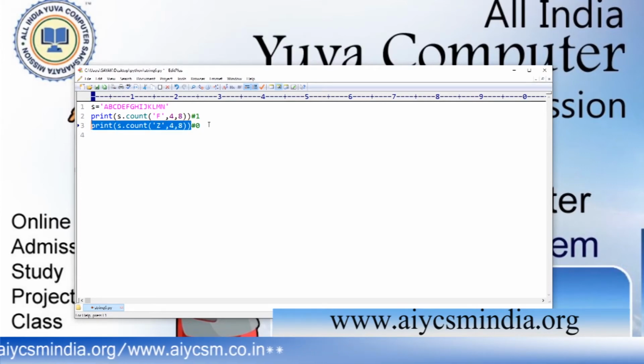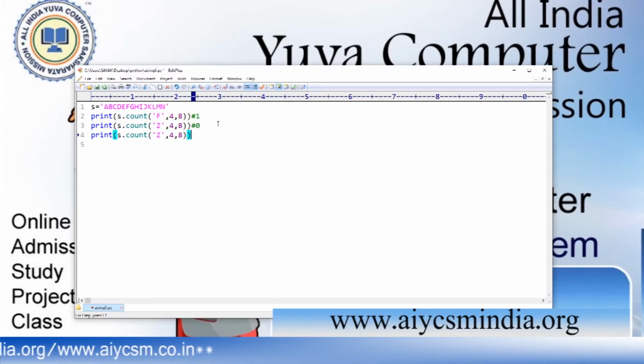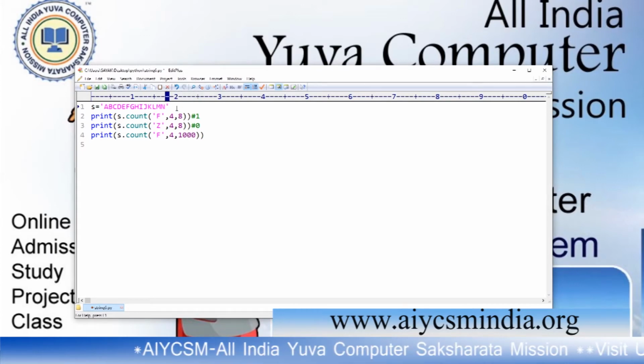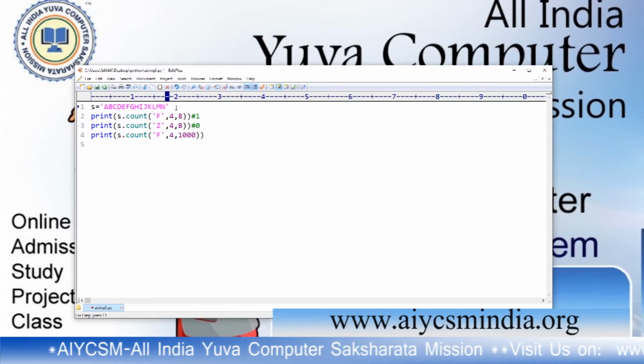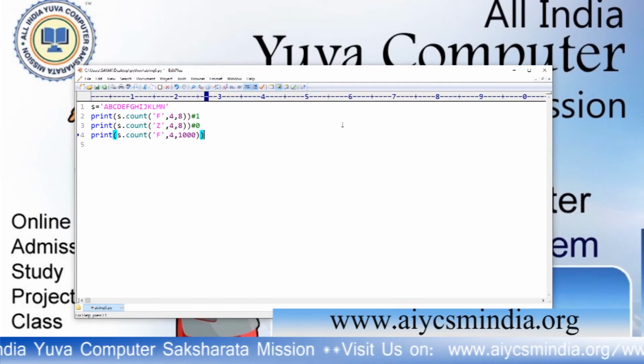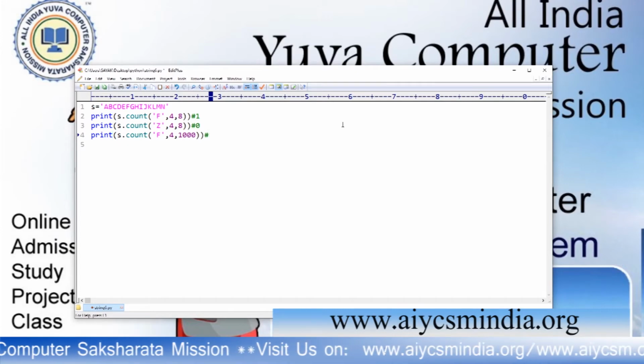Now if it searches F within 4 to 1000, it will not give you any error. Thousand means if it exceeds the index value, then it searches only to the last index. So it returns 1.